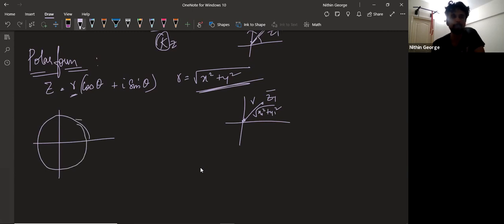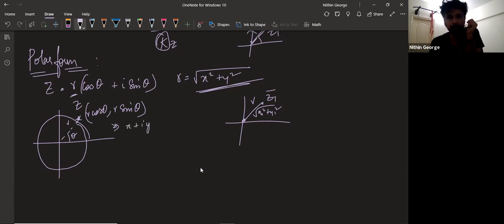Okay. The idea is any point of a circle can be represented in terms of its radius and the angle theta as r cos theta and r sin theta. This is the idea. So here we are saying that any complex number with radius r can be represented as r cos theta and r sin theta. And we know that number will be what?